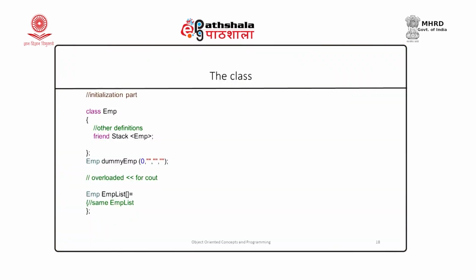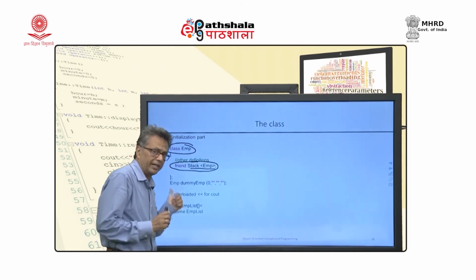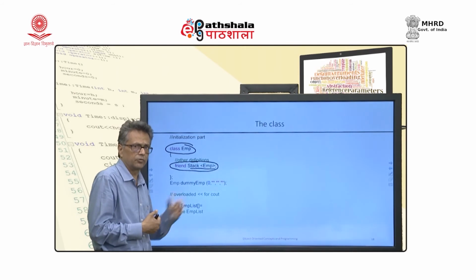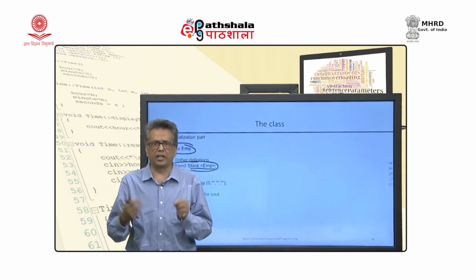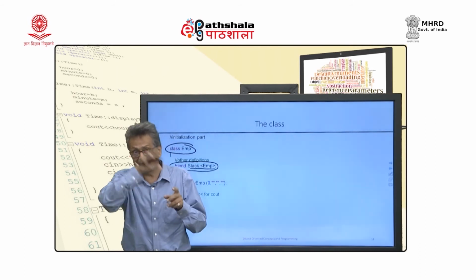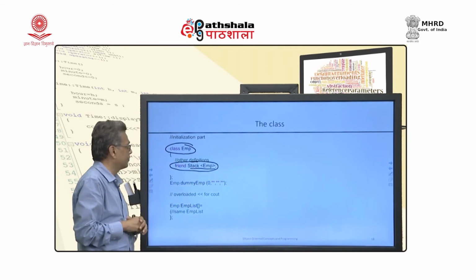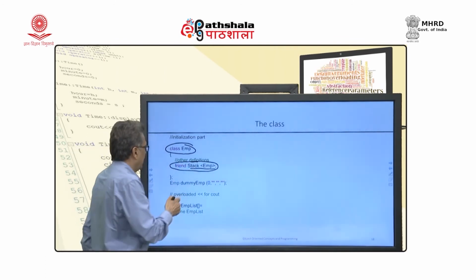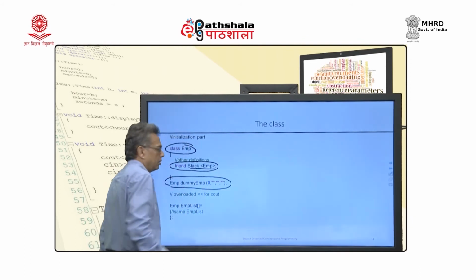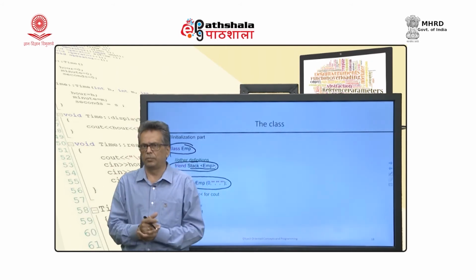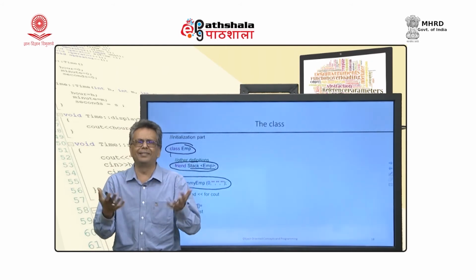How it is defined? I just have a class employee. The stack class that you are going to have is going to be a friend. Why? Because I need to access some of the private members of the stack class. For example, if I am using stack of employee, I need to pick up that employee number and insert it. So, I can't access that employee number, which is a private member of that class, unless I am a friend. So, that is the reason why this friend is added. And also I define a dummy employee. A dummy employee with employee number 0, any employee object with employee number 0 is a dummy employee, and we may be using it as an identity element. Okay.